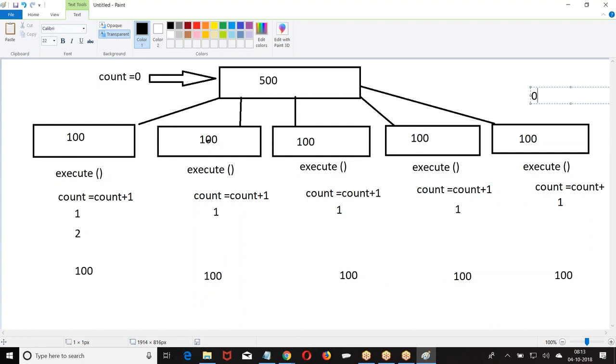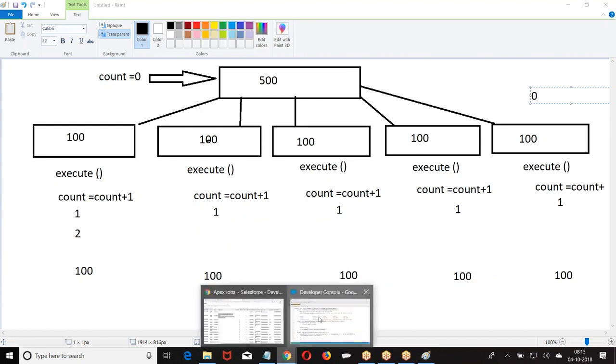If they are not notified, count will be what? Only 0. So you start with 0, you made changes, the other one doesn't know, the other one made changes, the other one doesn't know. So what is the count? 0. So the question is whether data is transferred from one execute to another execute or not.